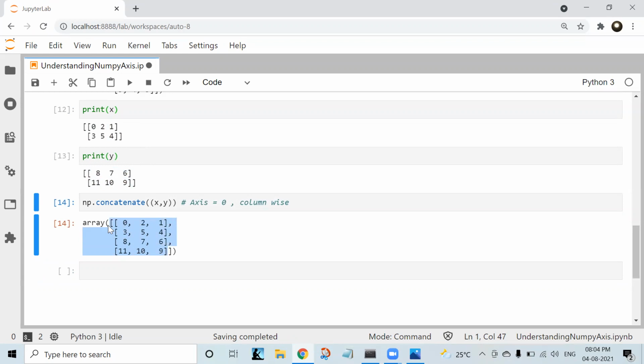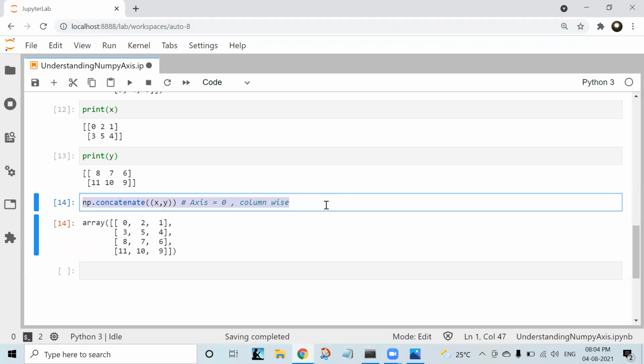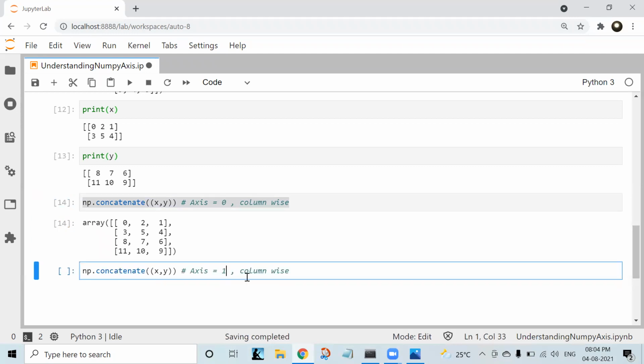And if you do the concatenation using axis 1, let us update this to axis 1, and it should be row wise.